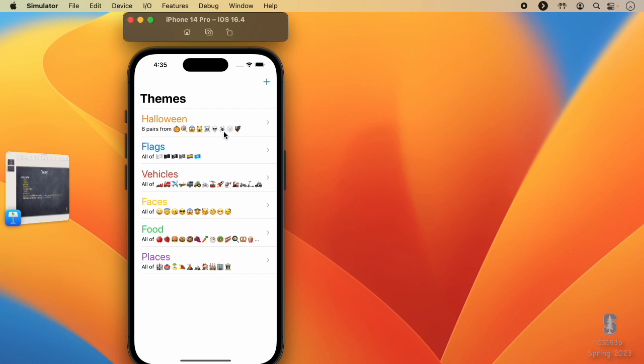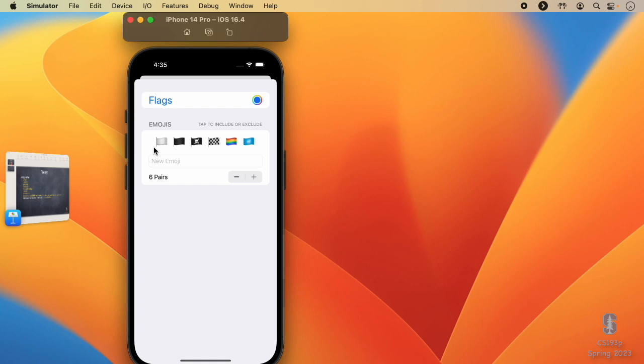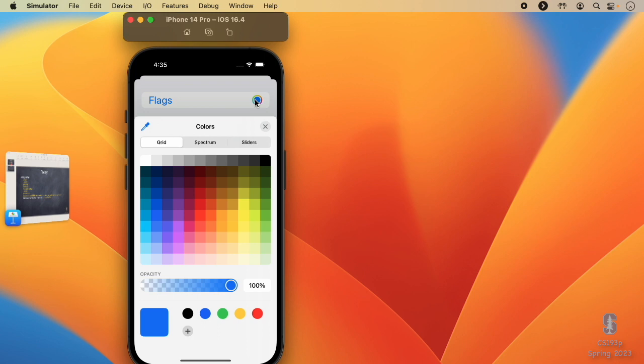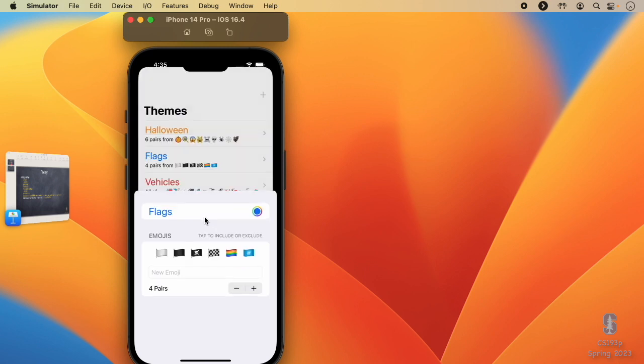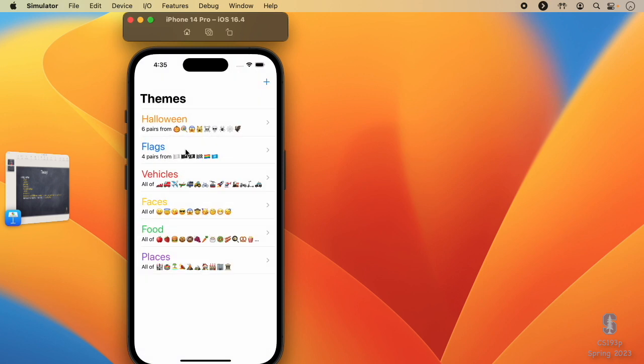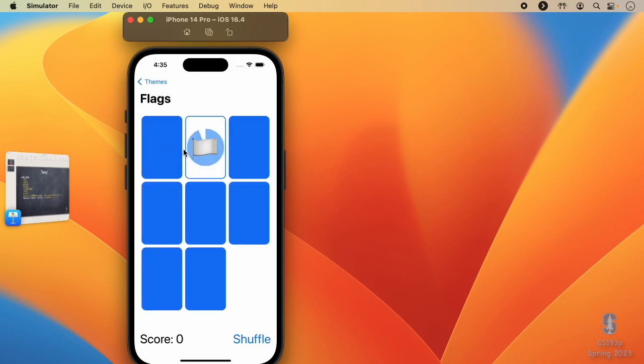So in A1 and A2, you choose random themes or whatever. Here you're going to not only pick the theme, you're going to be able to edit the theme, and have multiple themes. So here you can say I have my themes: Halloween, flags, vehicles, places, whatever. And I can delete them. I can swipe to delete them. I can swipe the other way and edit them. So here I'm picking the emojis I want to be in here. I can pick the color I want in my theme. I can pick how many cards are in the theme here. And when I edit these things and go back, it's updated here. And when I click on one, it shows me a game and I can play the game here.